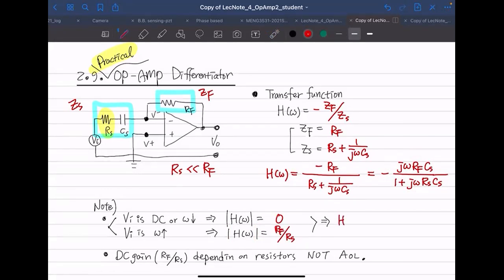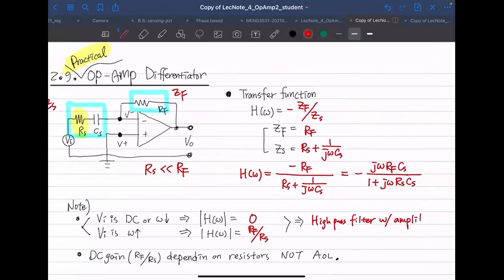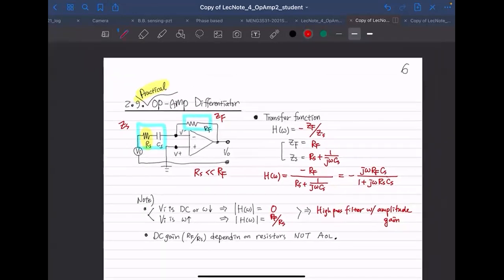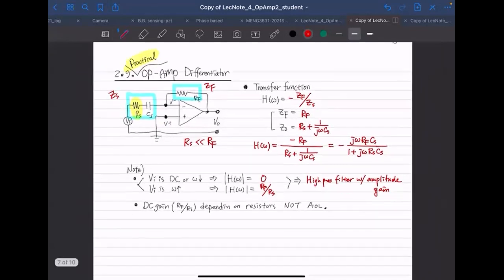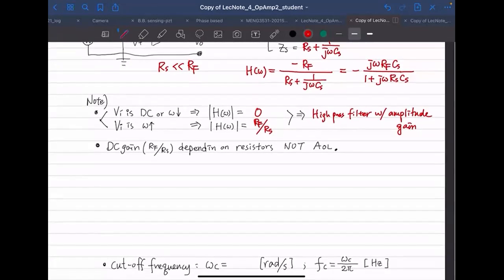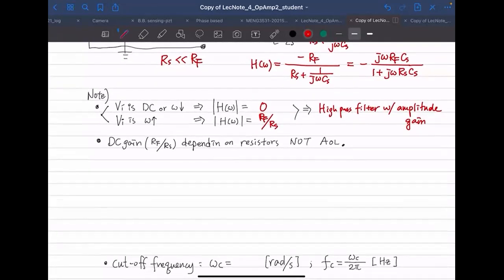So this is practically a high pass filter with amplitude gain. That's not what we are really interested in. We are interested in the integration performance. So if I draw a Bode plot,